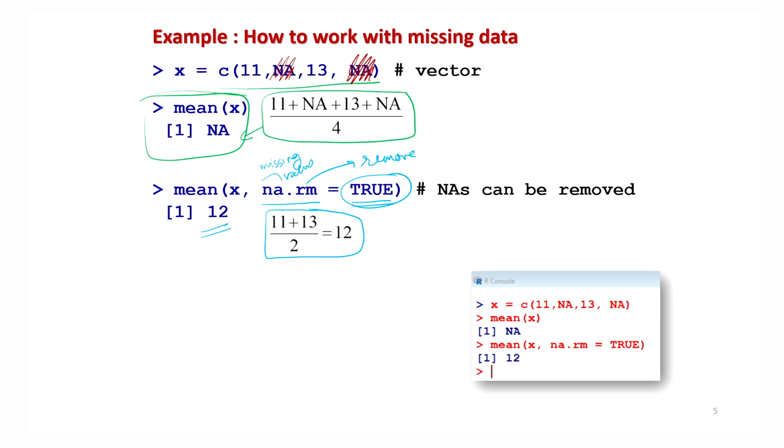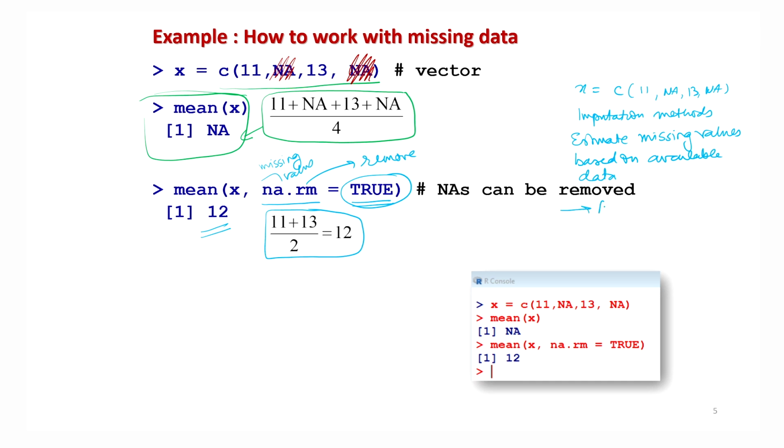As I explained in the beginning, in statistics we have some procedures under the missing data models. Suppose this is my data vector, 11, NA, 13, and NA. Then we try to use some imputation methods, and we try to estimate the missing values based on the available data, and then we replace them.